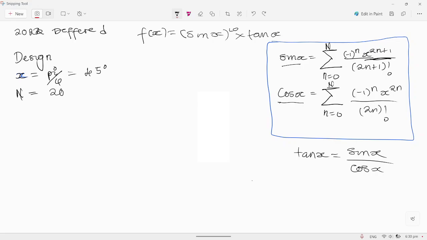So we're going to also define our variables for sine x and cos x. We are going to predefine them to 0. So we're going to say sine x is equal to 0 and cos x is equal to 0. Then we say for n is equal to 0 to 20, to n, our upper limit,